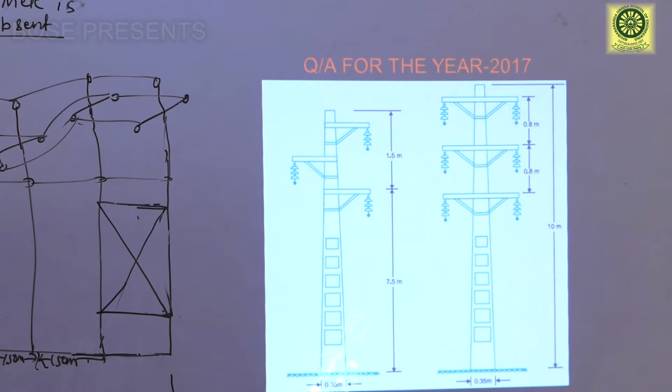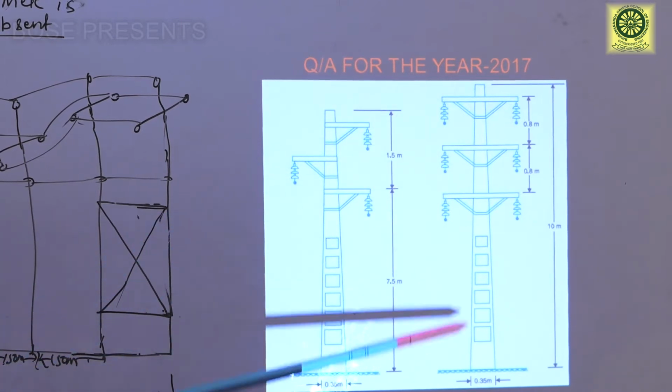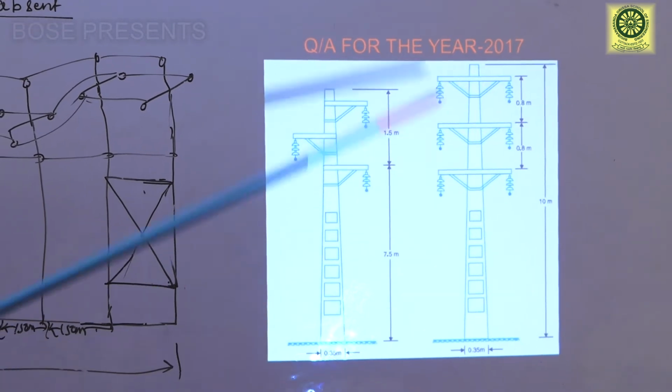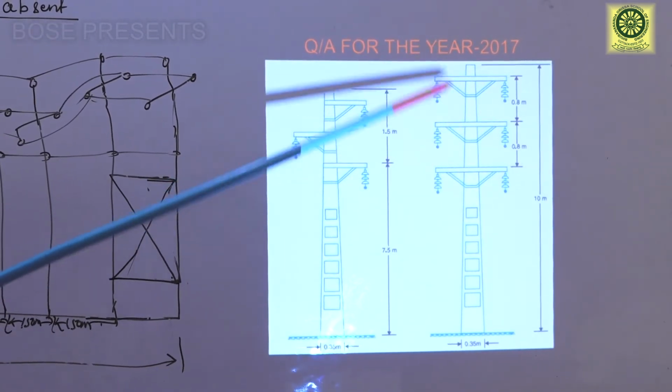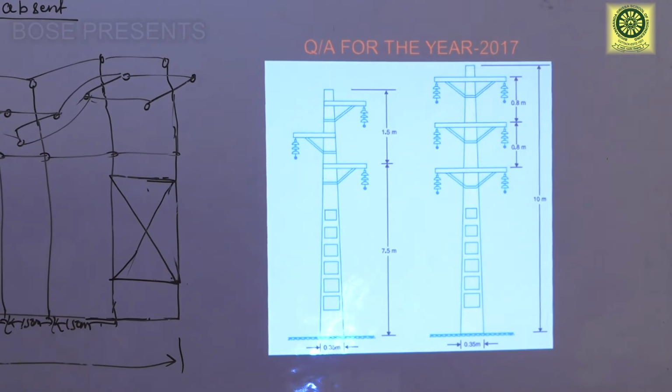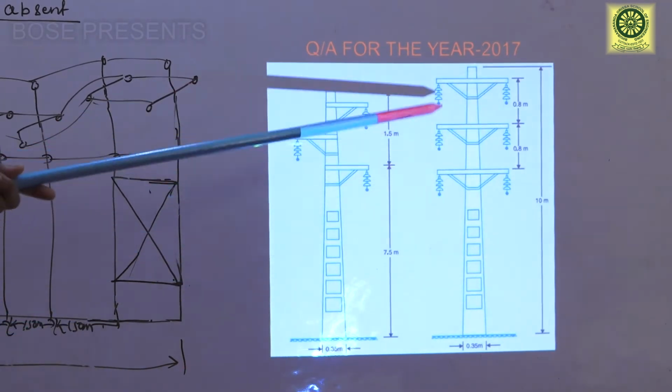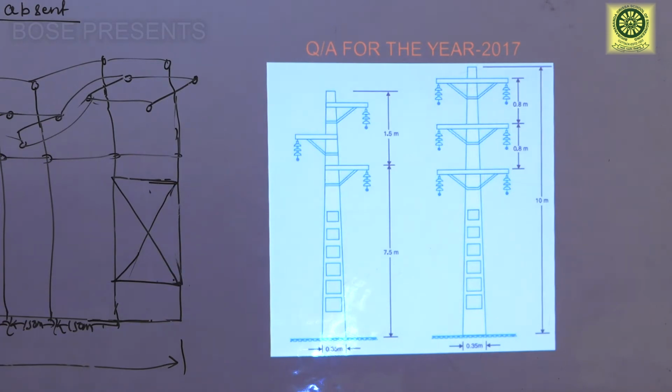Next, this is the rail pole. Actually, what I have done, this is the actual construction of the rail pole, and this is 10 meter height, and between these, 3 cross arms are used. I have taken 1 cross arm. So if 3 cross arms are used, each between length is 0.8 meter.